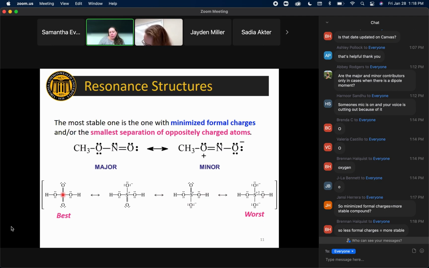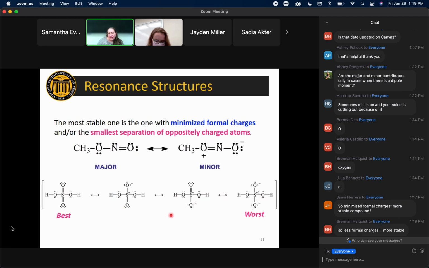When you get down into row 3, because the 3p orbitals are high enough in energy, those 3p orbitals are actually close enough to the 3d orbitals that the elements in the 3rd row can, on occasion,